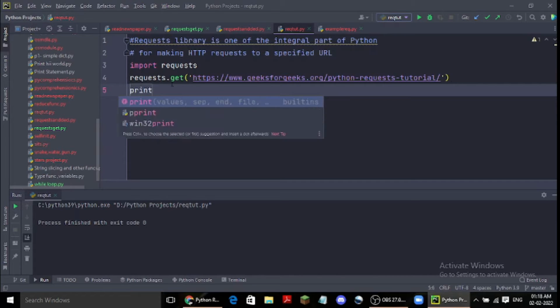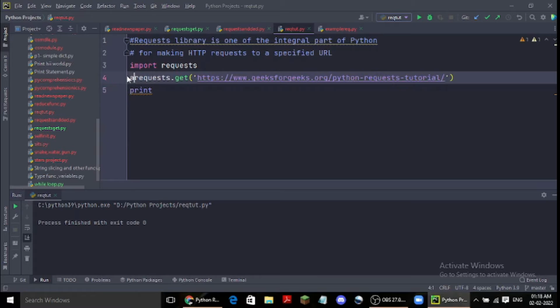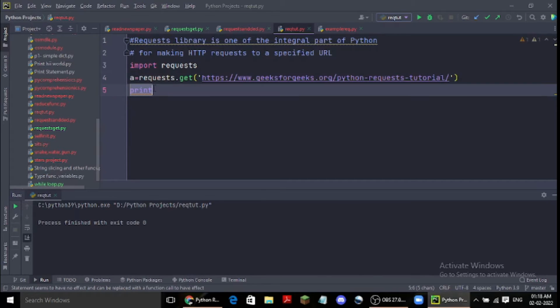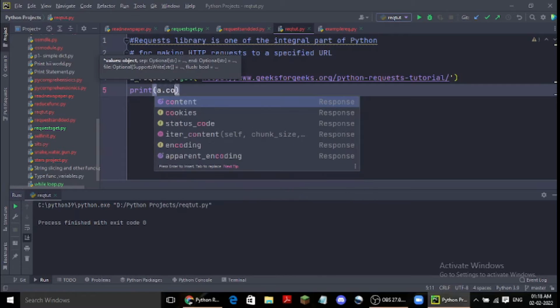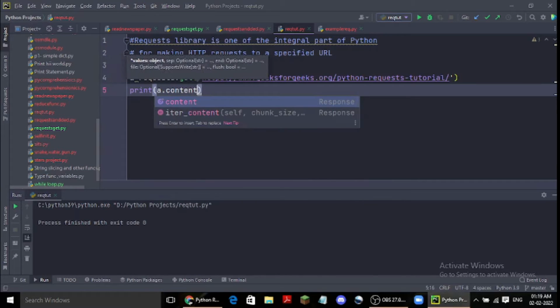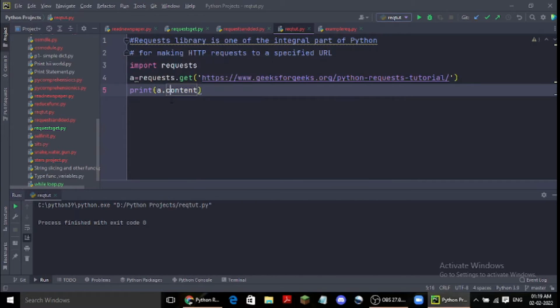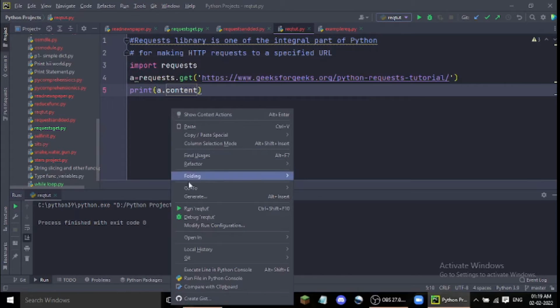First let us assign this requests.get to a variable a. Now print a dot content. We want to know what all it has brought here, right?